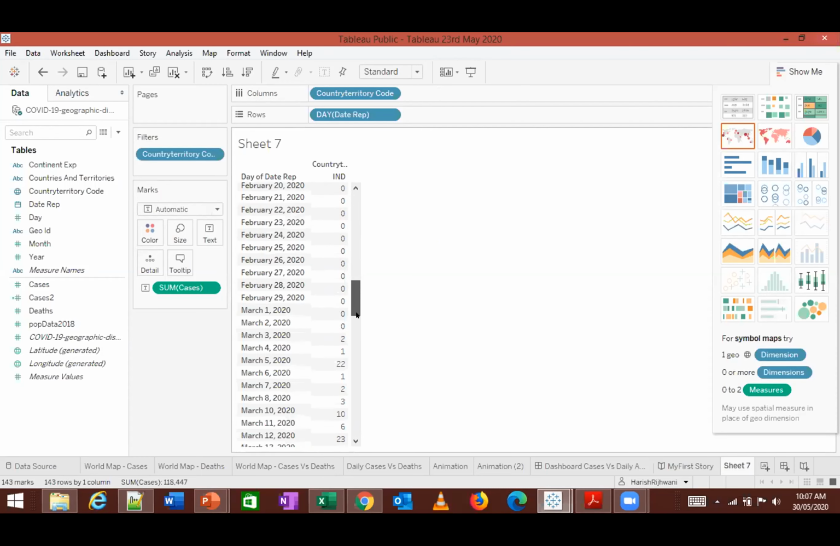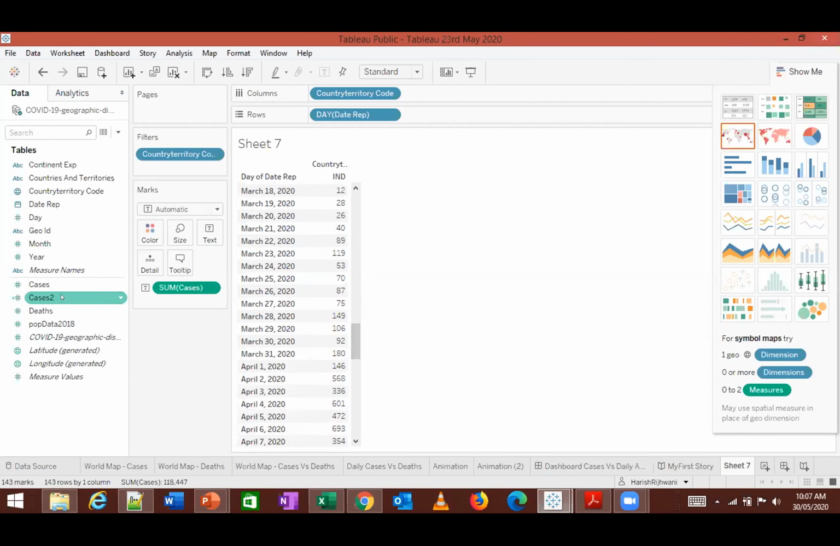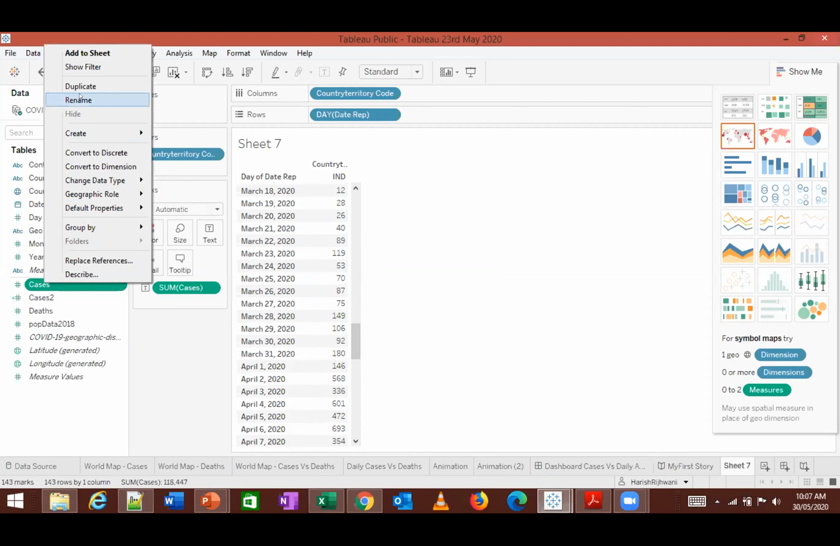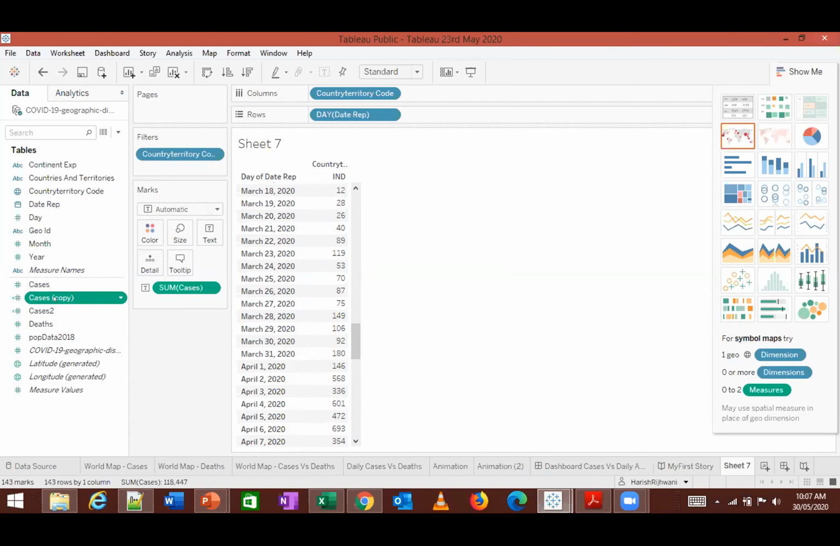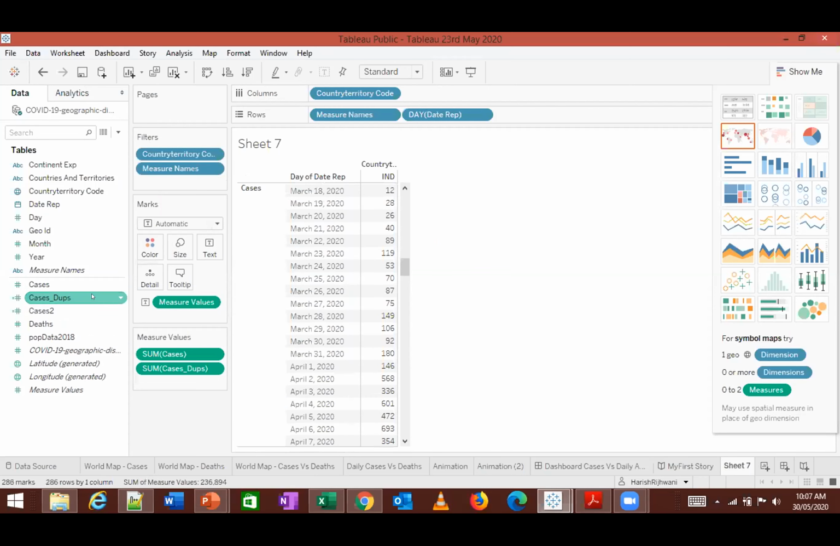So we have these cases, right? What I had done, I had just copied this. I duplicated this, so I get a cases copy. I rename this. I'm just going to rename it. Okay. When I add this,